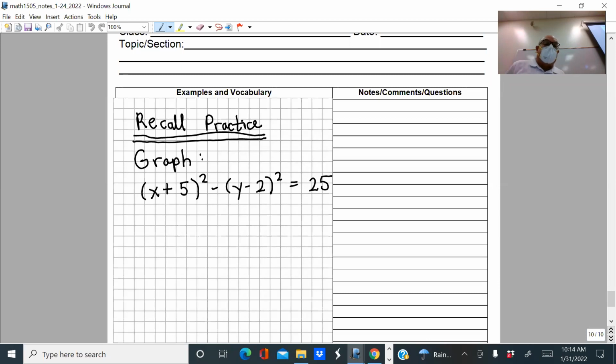So what I want you to try to do here is, this is actually graphing, so you will need the graphing paper. I actually want you to try to graph this equation, right? Using your knowledge of what the graph should look like. So you're not going to be making a table of points and plotting points, right? You should have some prior knowledge of what the graph of that equation should look like, so that you can construct the graph